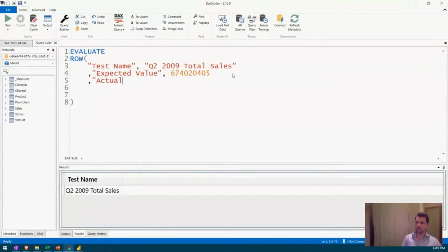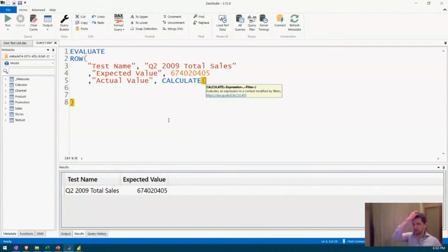Now I'm going to add another column. Actually, before I do that, let me hit run. I hit F5, and now we have a two column, one row table. We've got the test name and that expected value, all hard coded so far. So here's where we bring in the actual value. This is the value that the model is going to calculate for us using the particular filter context that we care about. So I'm going to do a CALCULATE,